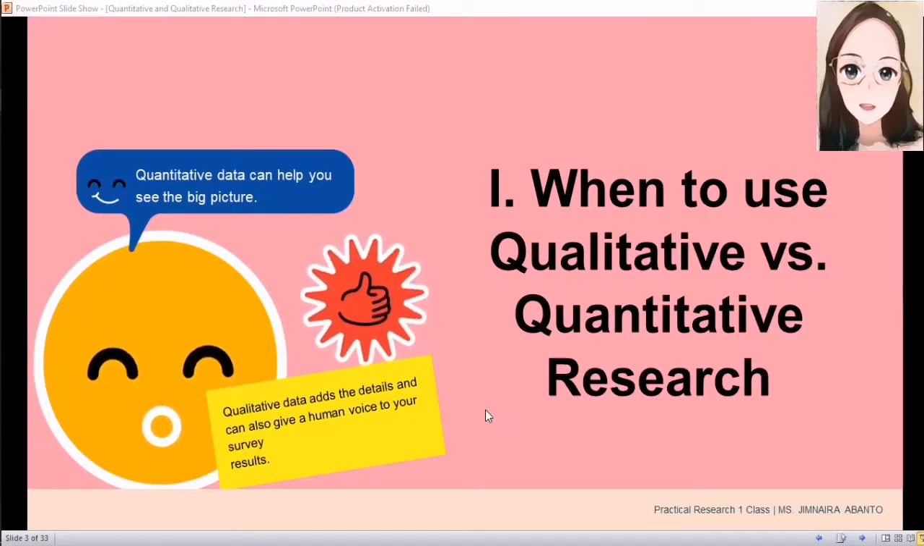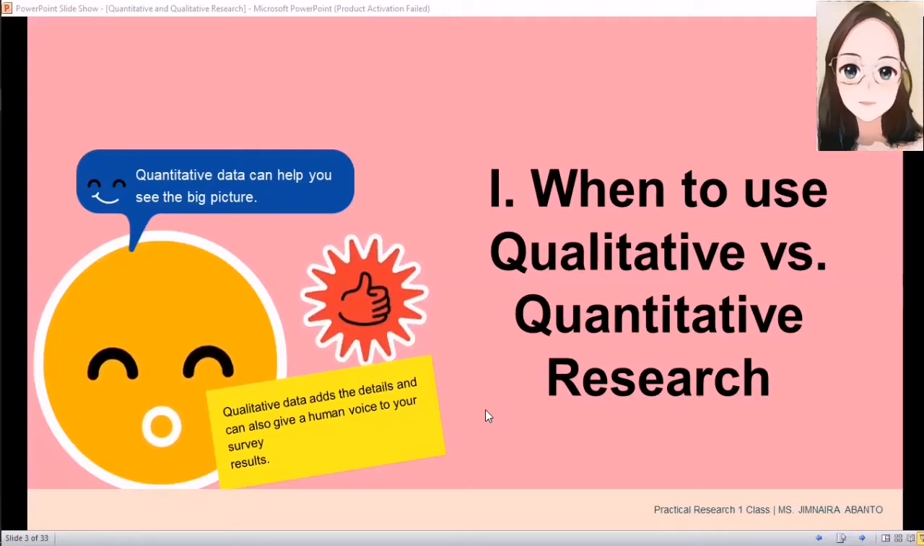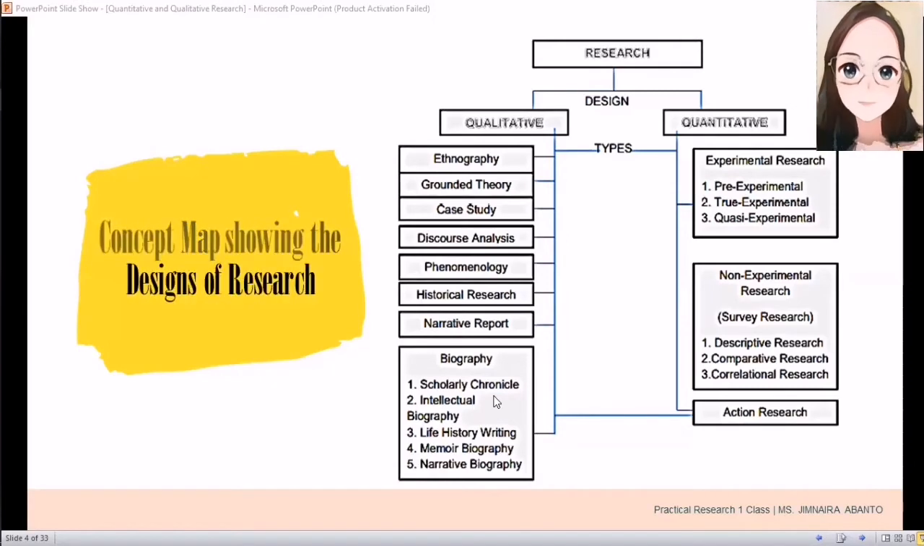So when to use qualitative versus quantitative research. Qualitative data adds detail and can also give a human voice to your survey results, while quantitative data can help you see the big picture. So research has two broad methodologies, qualitative research and quantitative research. Qualitative research is a scientific method of observation to gather non-numerical data, while quantitative research is a scientific method